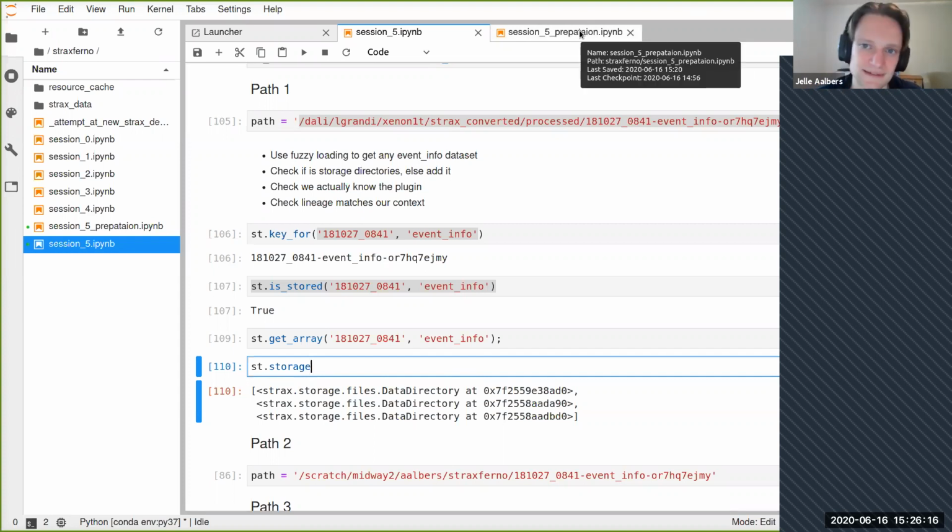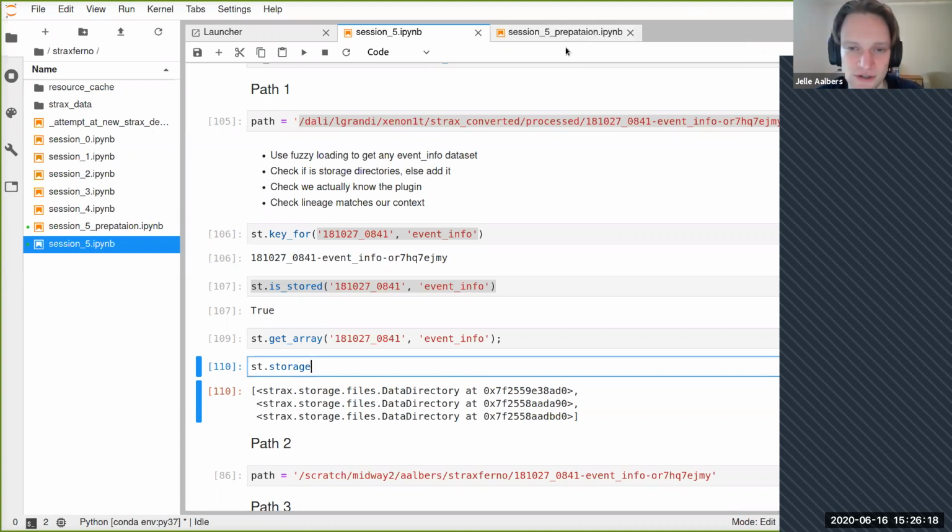So what if you really wanted to make sure that you're loading this particular file? How would we do that? Just make this refer to this only storage. Exactly, right?